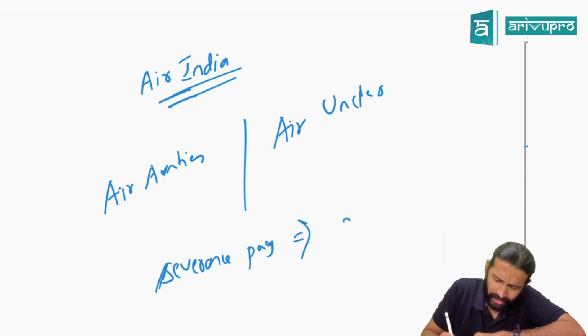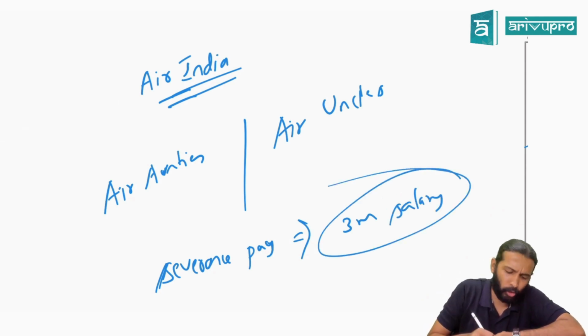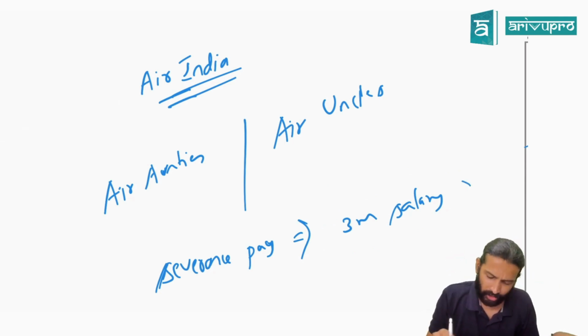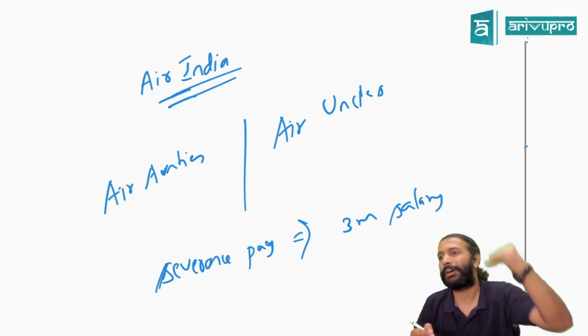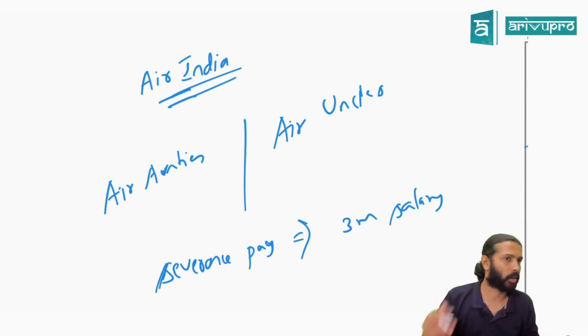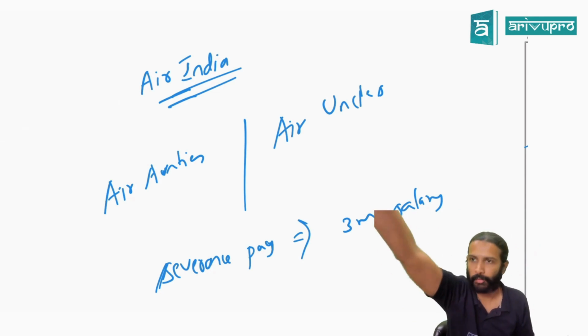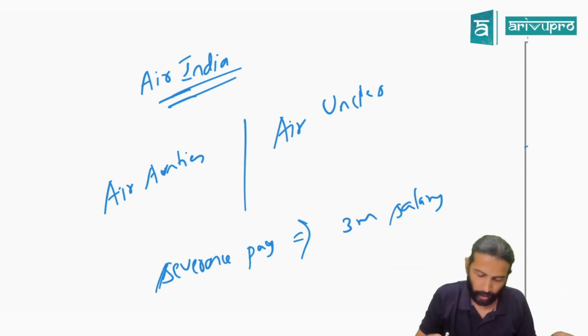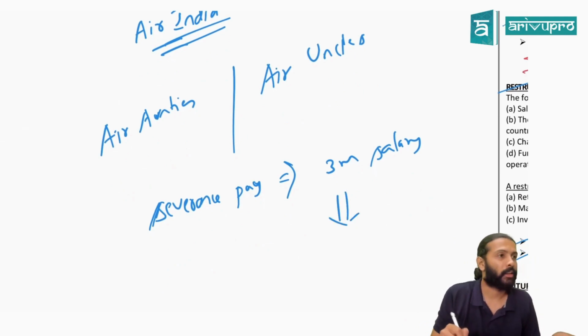Let's say Air India told, I will give you 3 months salary. Sorry, due to unforeseen circumstances, I need to fire you guys. It is not working out for us. As a compensation, I'm going to give you 3 months salary. Please take 3 months salary and leave the organization with immediate effect, or you will leave the organization from next month onwards. Like this, you gave a notice to them. Are we okay, sir? Now, can you tell whether this is a restructuring?